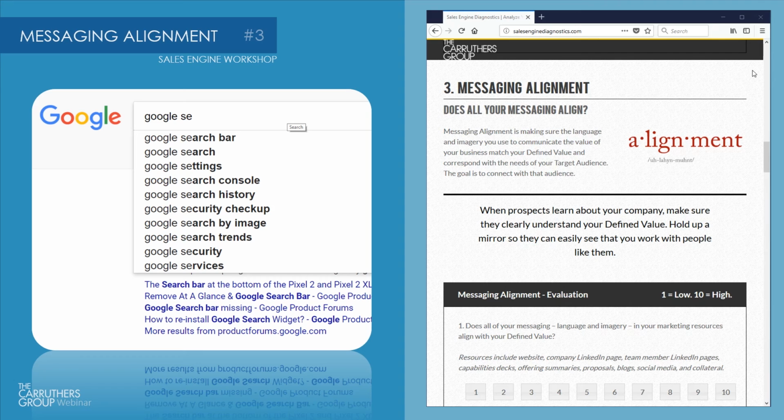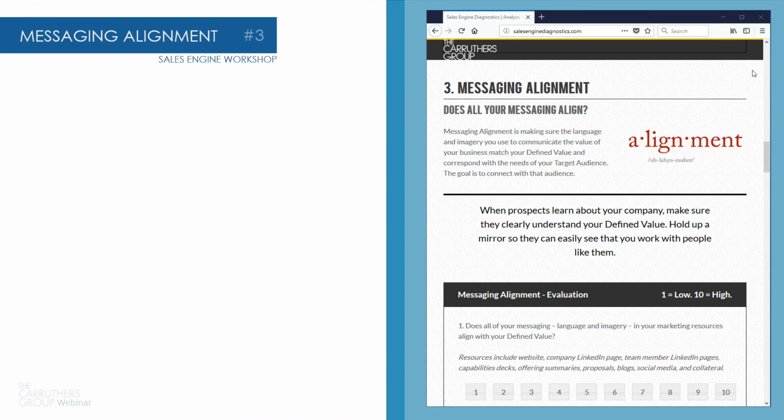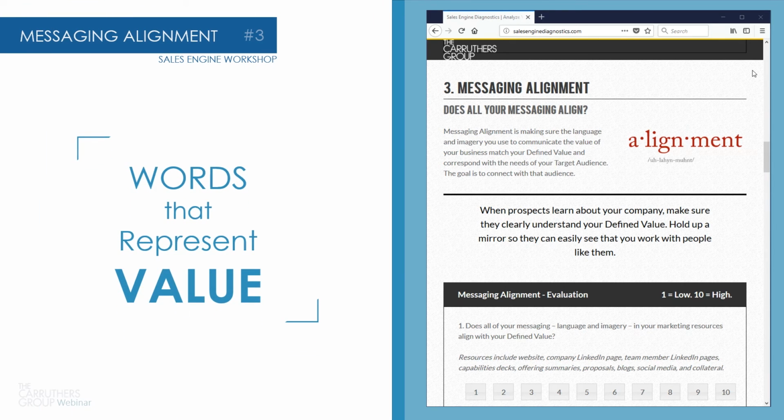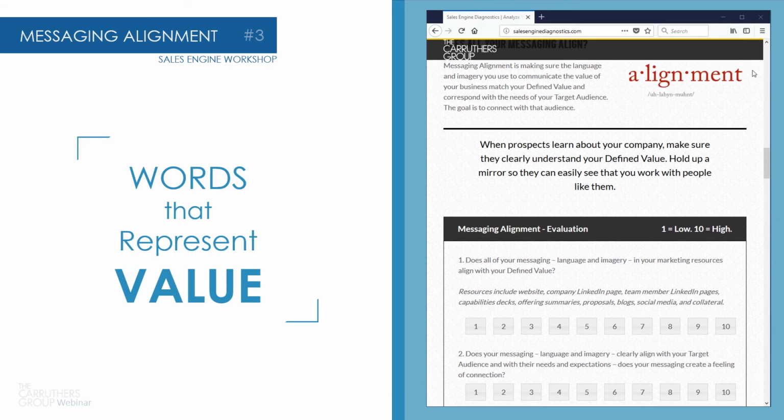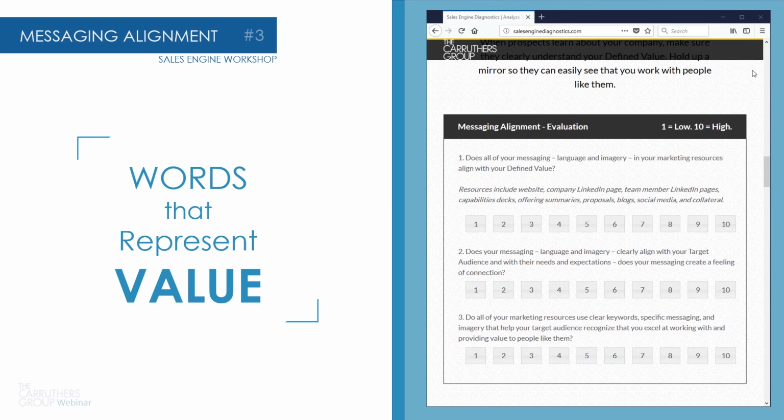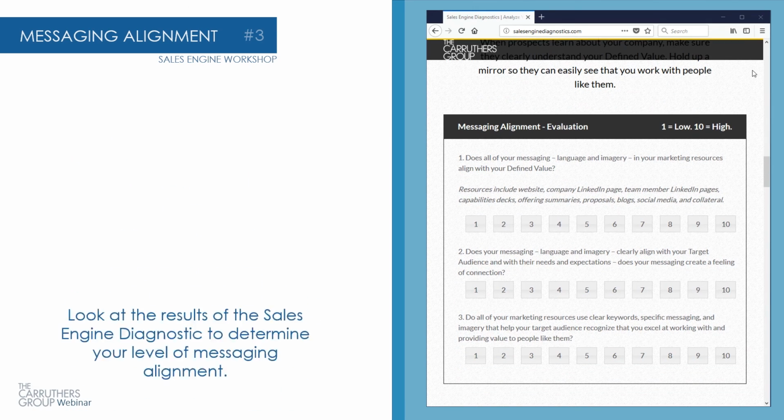And what I want you to think about is, are the words and phrases you use to describe your value, your target audience, your offering, and what's important to your target audience showing up? When I do this exercise, I imagine these words getting highlighted on a website or on a blog post or in a proposal. But what you're looking for, right? You're looking for this connection of these words that represent your value with the needs and wants of the target audience. And if all these words are showing up, you're going to score an 8 or 9 or a 10 on the diagnostic, and congratulations, you're killing it.